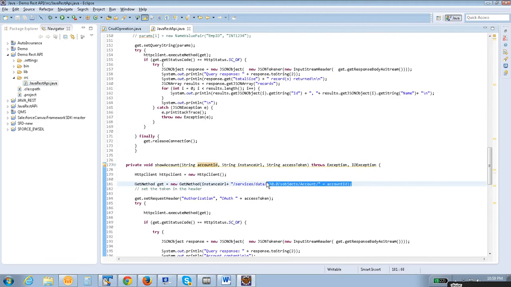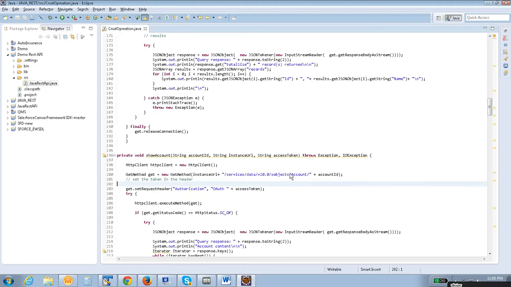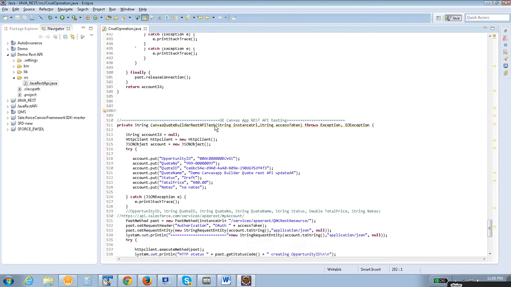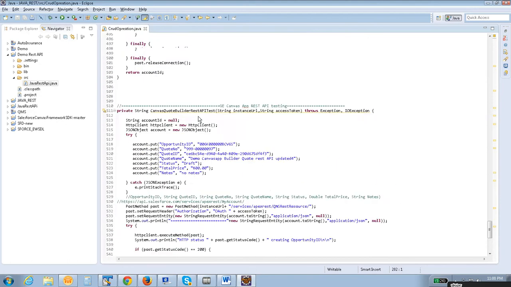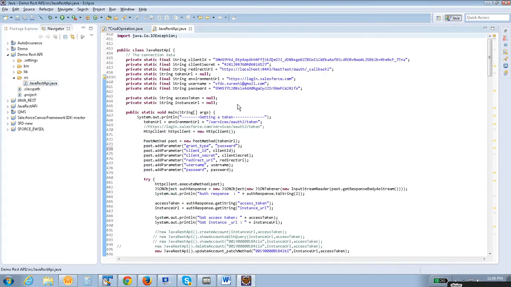Everything seems to be the same. Basically here we need a get method instead of a post method. Calling-wise, everything is the same. Previously we used the standard methods, but here it is our own method, so we are going to use it. Make sure we use a get method. Naming things, check the code.